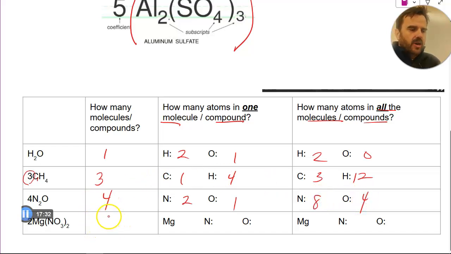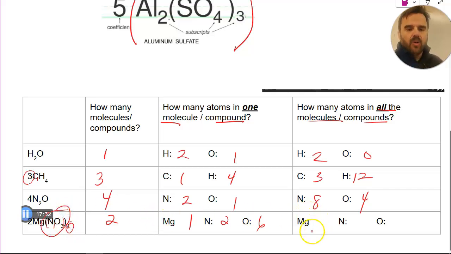Now this one's a little bit trickier. We've got 2 overall compounds. In 1 compound, we have 1 magnesium. In 1 compound, we have, notice, we've got 1 nitrogen, but you've got brackets around this part, indicating that there are 2 of this little grouping here. So that means in that part right there, we've got 2 nitrogens and 6 oxygens. So this little 2 here has to apply to this whole little group right here,